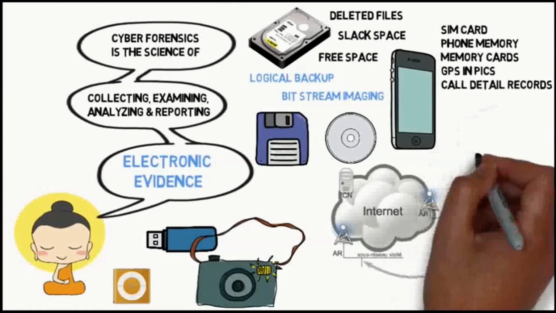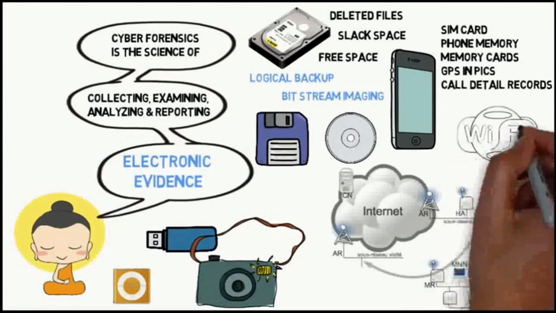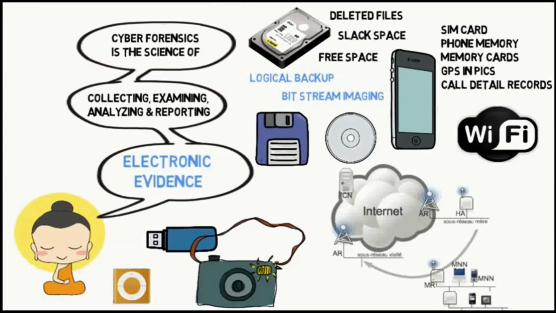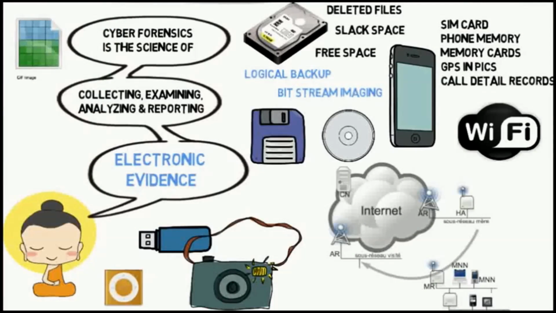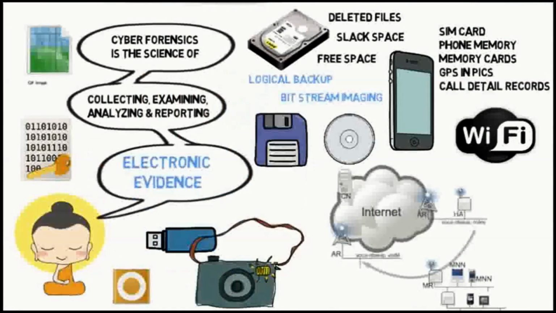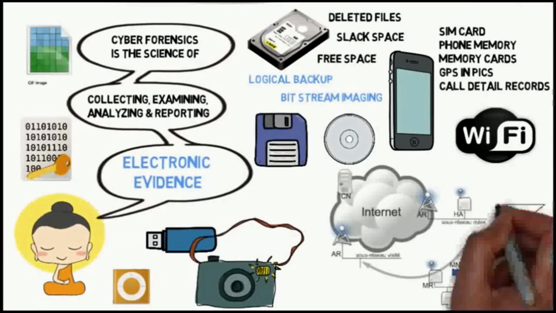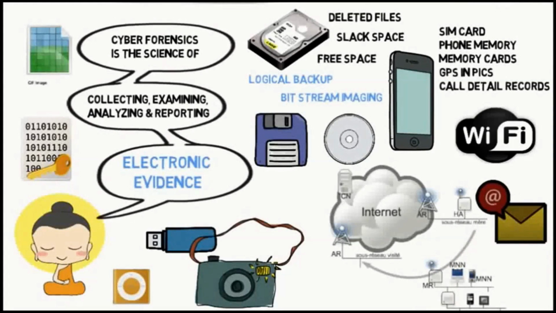And of course, we have computer networks, Wi-Fi networks, and even the internet, which can be a huge source of electronic information. There are some very interesting cases where someone does war driving, as a result of which he gets a huge list of open Wi-Fi networks and then uses packet sniffing to sniff out a lot of confidential information. Digital evidence can also be hidden in pictures using steganography, encrypted files, password-protected files, formatted hard disks,